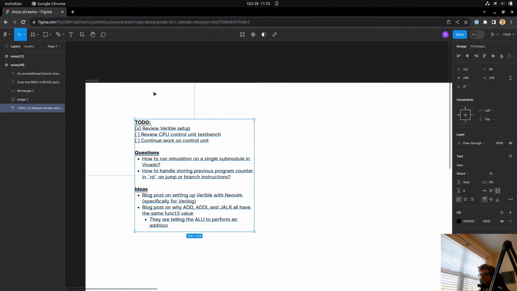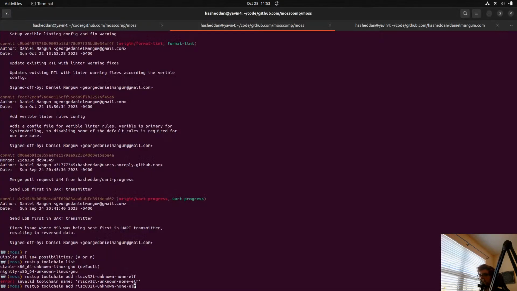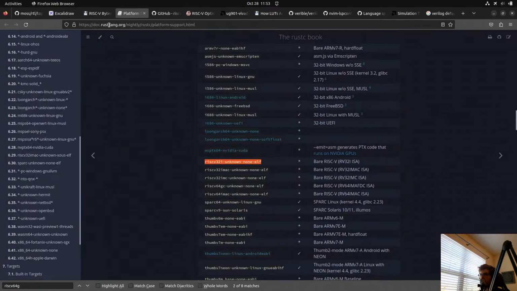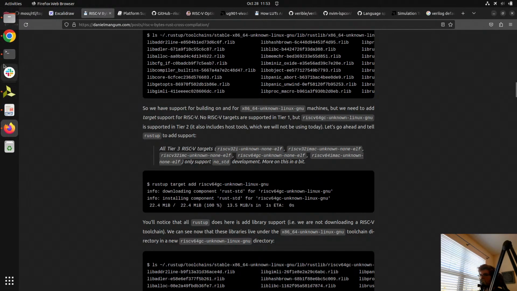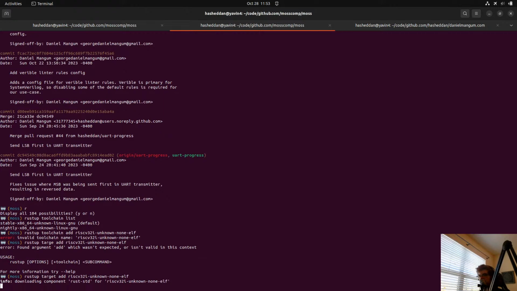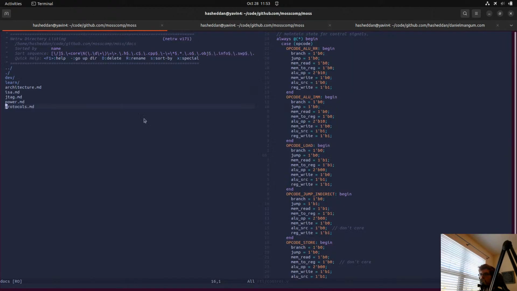Invalid toolchain name. Oh, sorry, it should be target. What is the command? rustup target add. It's because I spelled target wrong. Let's actually be documenting this.